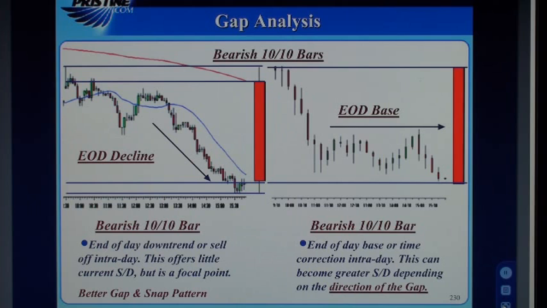As prices were falling, there's little to no overhead resistance. So if prices were to gap down and then come back into a pattern like this, odds are much higher that prices can rally from there and continue to move up. Whereas with the example on the right, the end of day base, if prices were to gap down from this pattern and rally into it, this would set up a better PSS type of a pattern with the overhead congestion